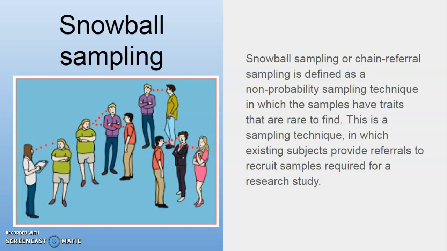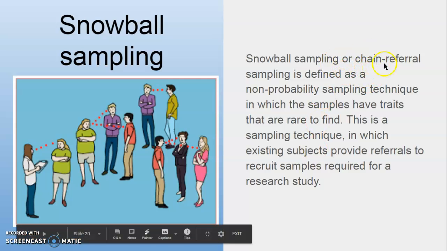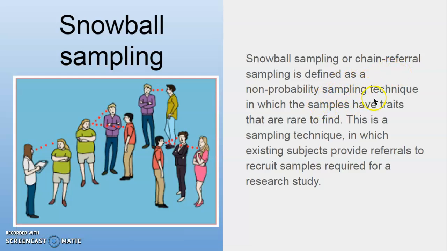Next one is the snowball sampling method. Here snowball, it is otherwise called chain referral sampling, which is defined as a non-probability sampling technique in which the samples have traits that are rare to find. So usually this snowball sampling is used where there are difficult cases. For example, like thalassemia cases, you may not easily get them, but one thalassemia patient may have contact with another thalassemia patient who can suggest you, in which the existing subjects provide referrals to recruit samples required for